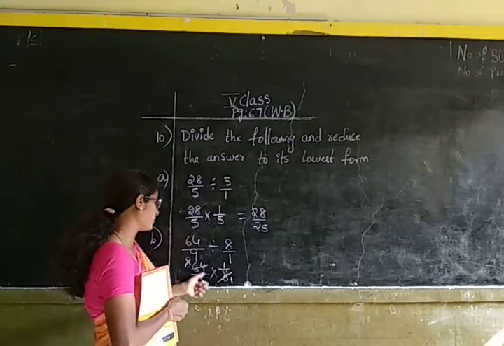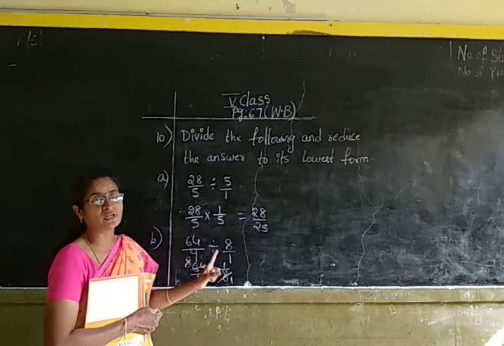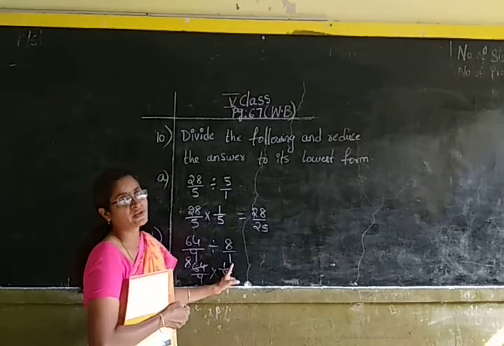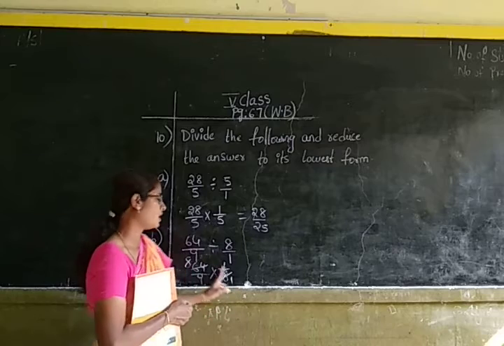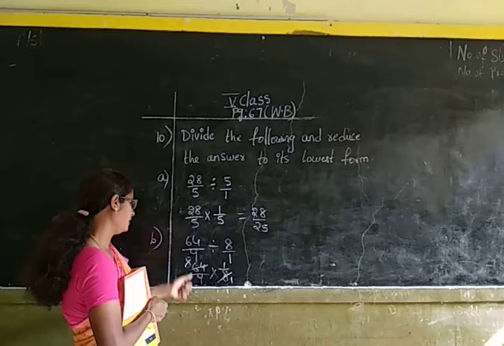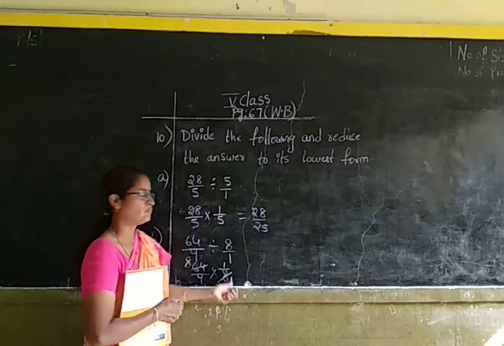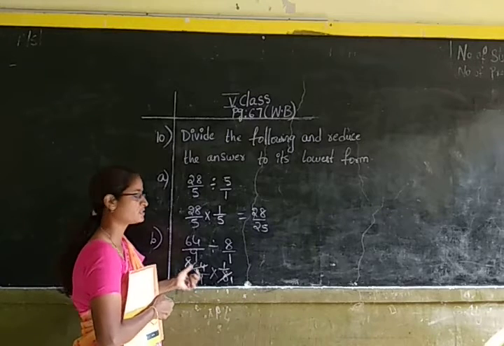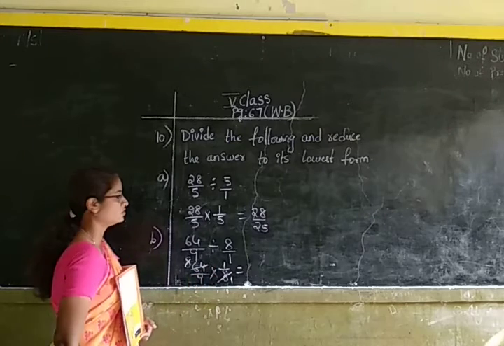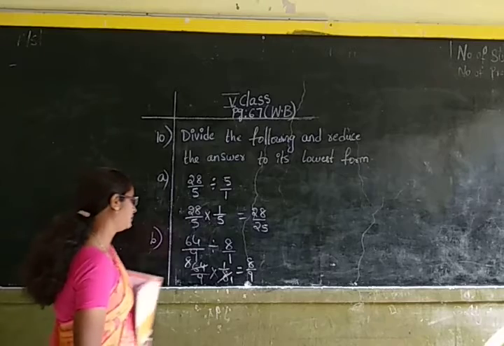Always you have to cancel a numerator and a denominator. You can cancel it in the cross way or a straight way, but you have to remember that you can't cancel numerator and numerator, or denominator and denominator. You always have to cancel a numerator and a denominator. Here 8 goes in 8 one time and in 64 it goes 8 times. Now let us multiply the numerator with numerator and denominator with denominator. 8 ones are 8, 9 ones are 9. So the answer is 8 by 9.